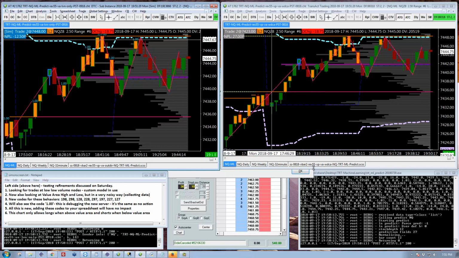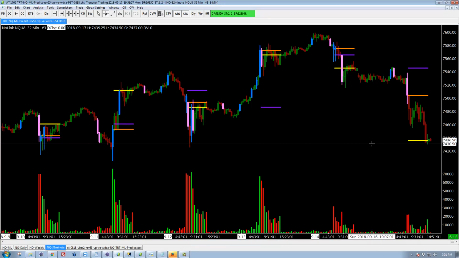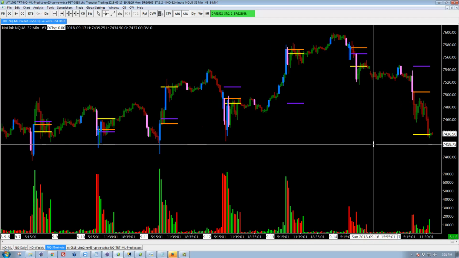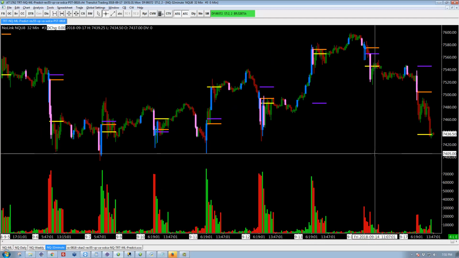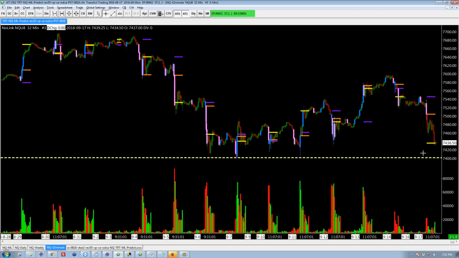I would expect more craziness. In fact, let's go back to here. This is the 30-minute chart. So clearly, this level down here is in play. This is 7,400, I'm sure. Yeah, that's in play for tomorrow. So we'll see if we hit that or not. If that breaks,